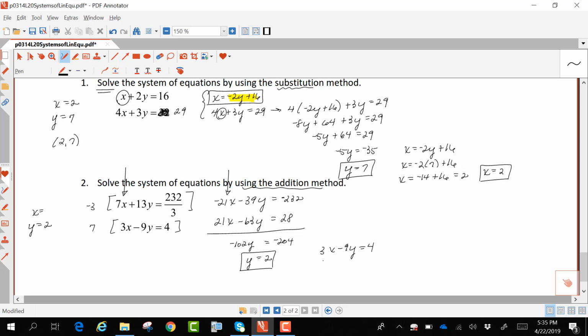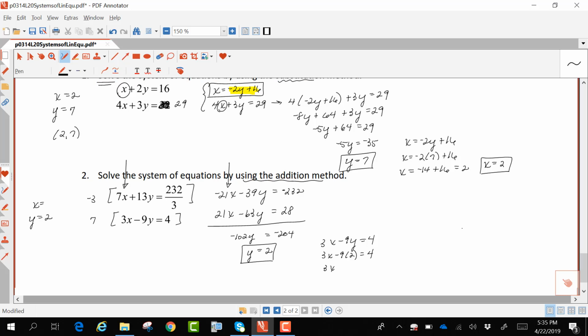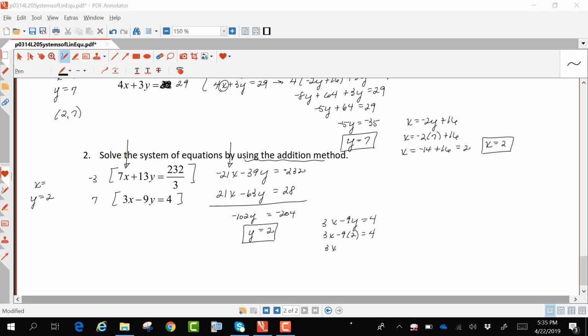If I plug the y value of 2 into this equation, I will result in 3x minus 18 equaling 4, 3x equaling 22, or x equaling 22/3. So my solution would be that my x value is 22/3 and my y value is 2. Often we would write this solution as an ordered pair